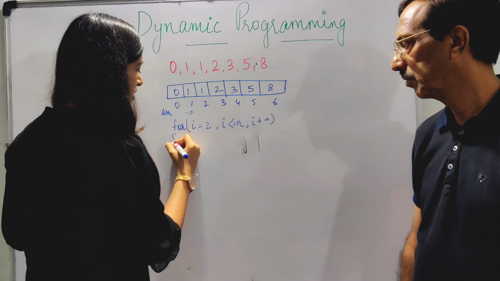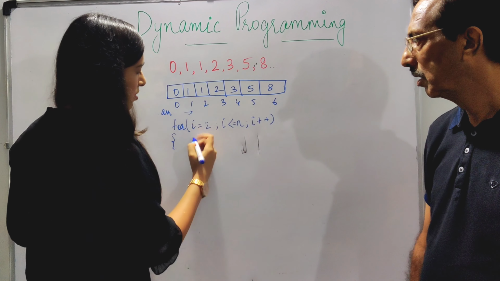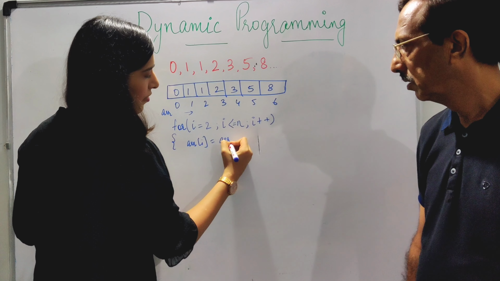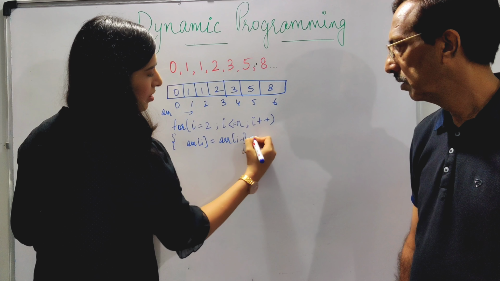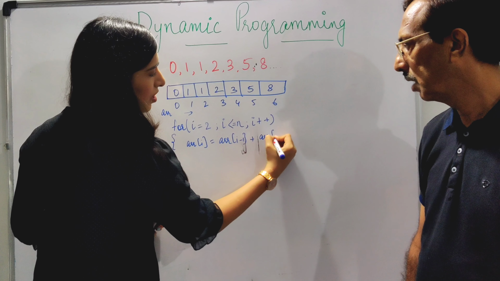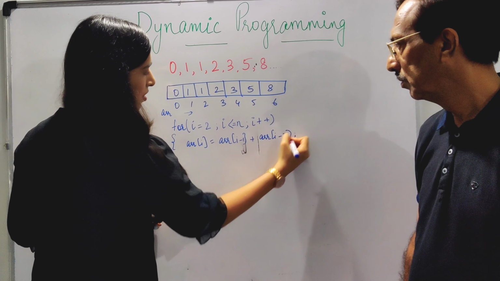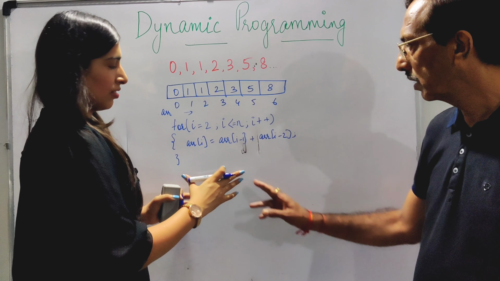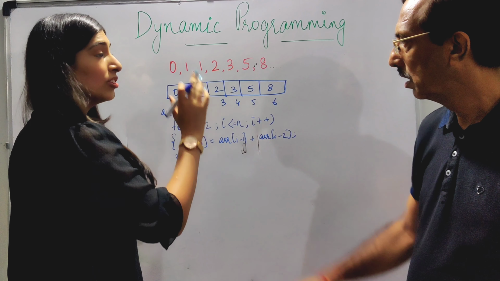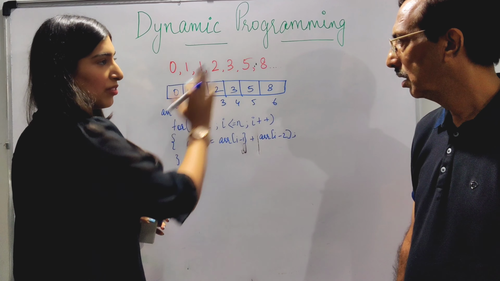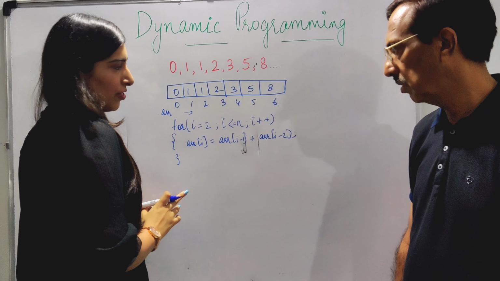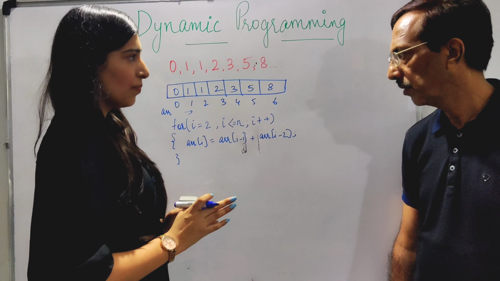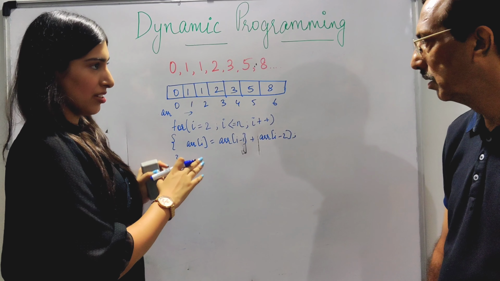In C++, over here, array of i will be equal to array of i minus 1 plus array of i minus 2. Does this make sense? So this is called DP. But where is the condition? Those base conditions we already wrote before the for loop. We don't have to write them in the for loop, since we are starting only from the second index. Understood? So this is tabulation.